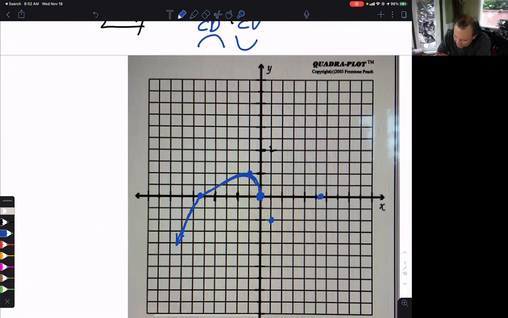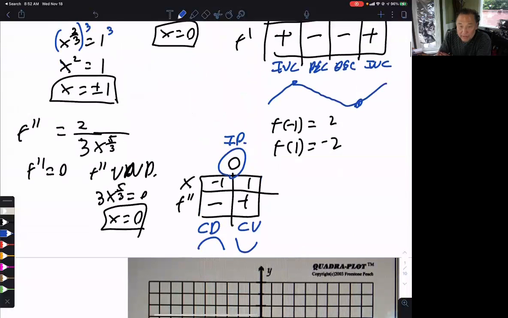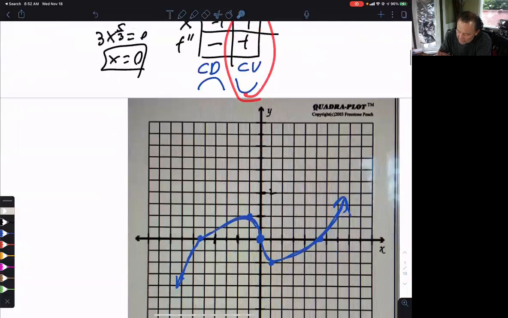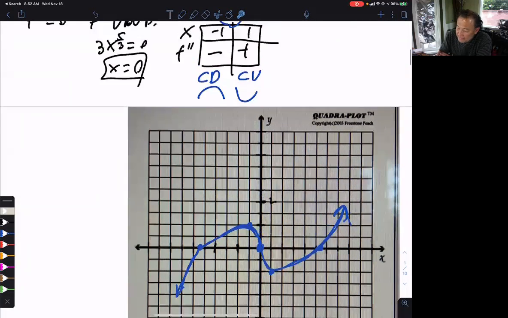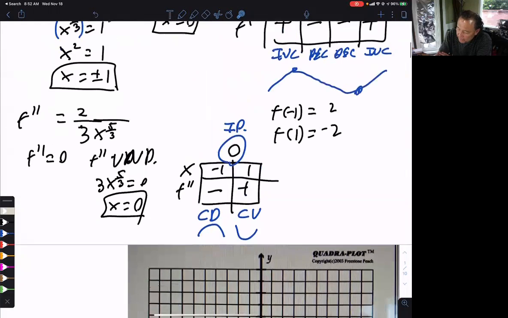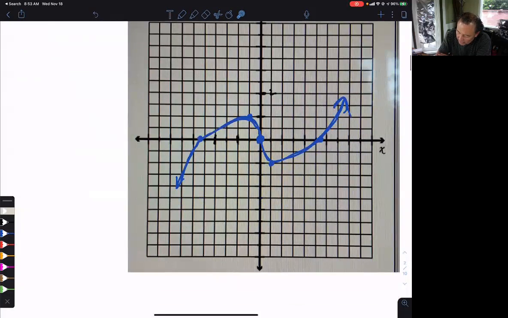On the right side, it's symmetric. I'm just going to kind of draw it here to the best of my abilities, because it's concave up to the right of 0. And we see this is concave up. That shape's concave up. It has a relative min there, so I draw that. And it's decreasing up to 1 and increasing after. And that matches. It's decreasing up to 1 and increasing after. So that is our graph. And that's how you do